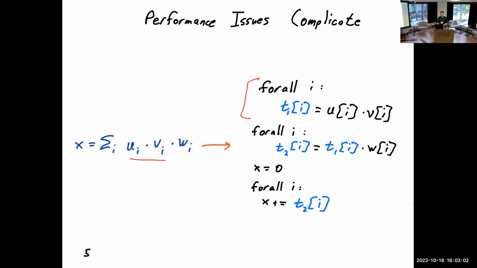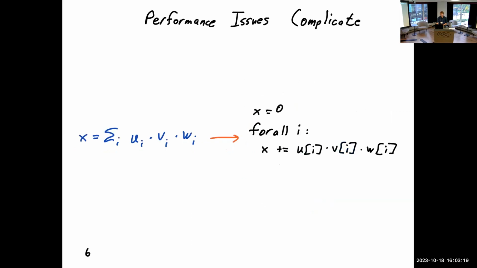We have one loop that computes the product of u and v and stores it in a temporary. We have another loop that multiplies that by w. And then finally, we have a separate loop to sum up the results. But this is very memory inefficient, of course, and performs a lot of redundant traversals. So of course, we'd prefer to have code that looks like this. This code is fused, meaning that the several products are occurring all inside one loop. And in fact, if you have a specific architecture in mind, you probably want to do a lot more optimization than this. But just for the sake of example, this is the sort of code that we want to generate.